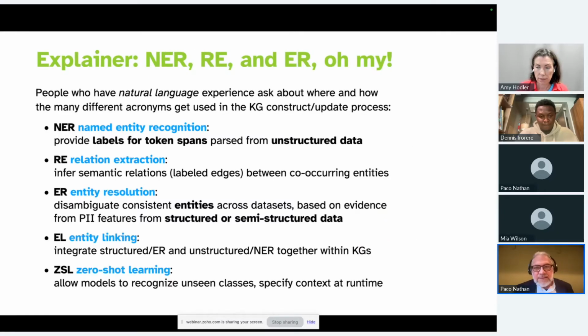I also want to explain that in this field where knowledge graph construction meets natural language, working with parsing unstructured sources, there's a lot of acronyms. And I want to break these down because they get conflated a lot. So named entity recognition, NER, is one that you'll hear a lot. A lot of people are probably familiar with that. We'll be using it. But it's about unstructured data.